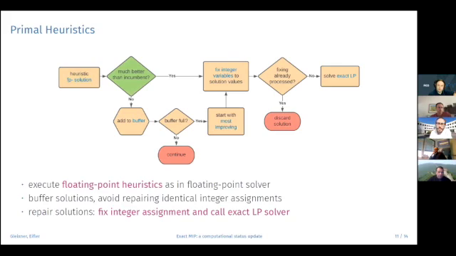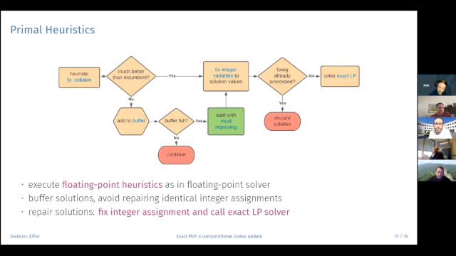Does it significantly improve the bound, or does it have the potential to significantly improve the primal bound? And if that is the case, then we process it immediately. Otherwise, we add it to a buffer and we check whether the buffer is full. Skip if it's not yet reached the threshold. Otherwise, we start with the most promising candidate in this buffer. And so we might save some work. If this is already feasible, then we can discard